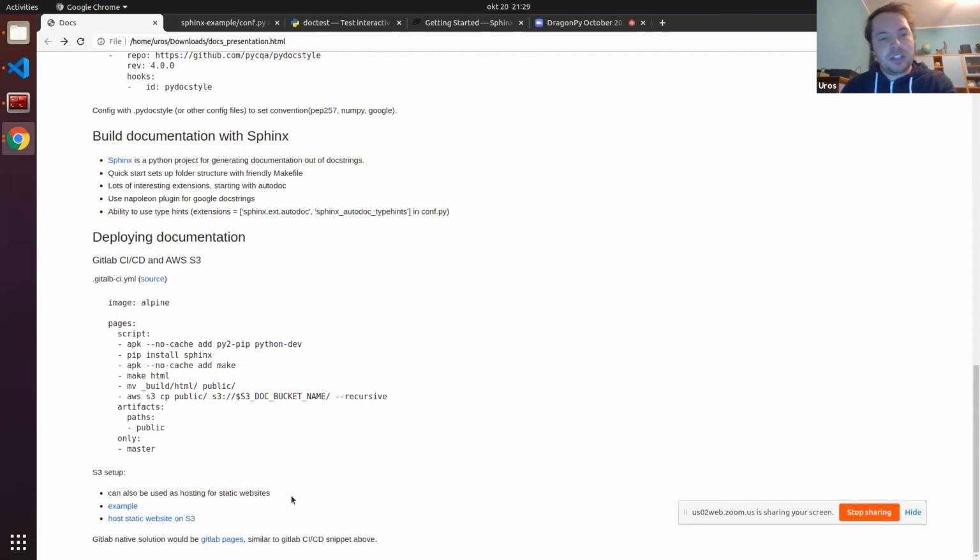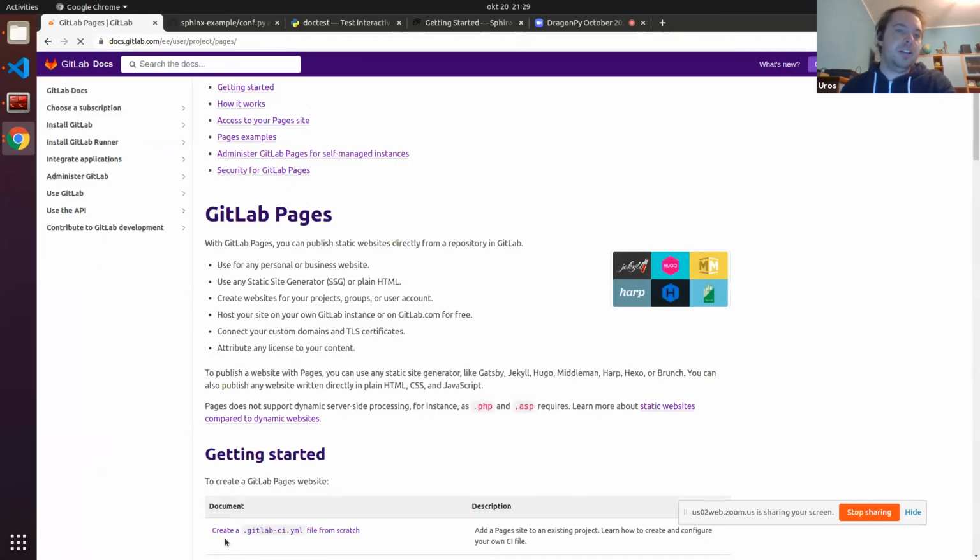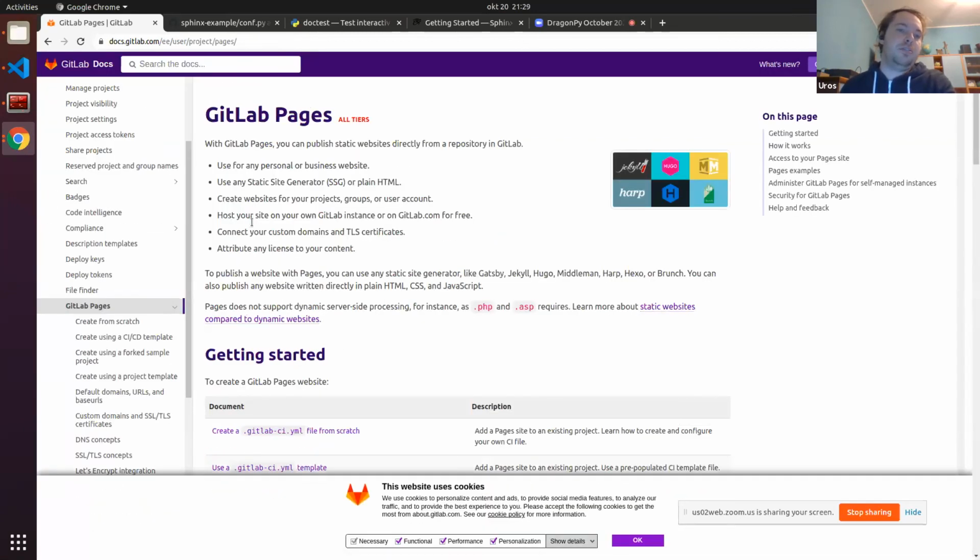And then you can host this on S3, but you can also use GitLab Pages, which is the GitLab-native way of doing that, so that you can spin up documentation on demand. GitLab Pages are also used for preview applications and stuff like that. Because we're just uploading a simple HTML document, GitLab Pages can be very useful for this, so that you don't have to exit the GitLab environment, and you can have